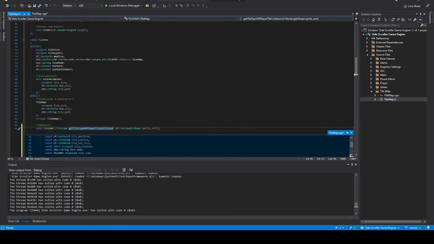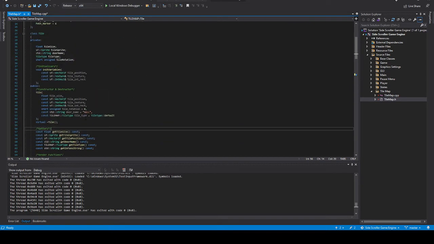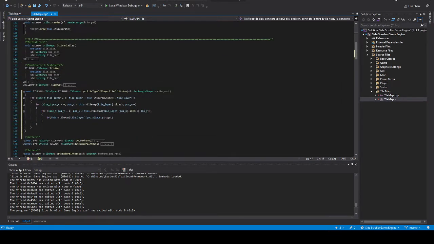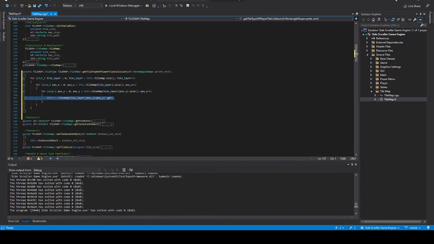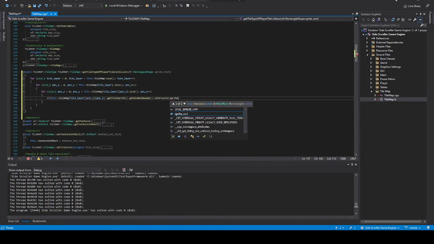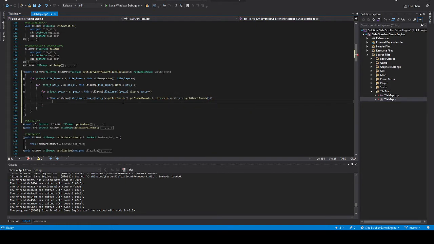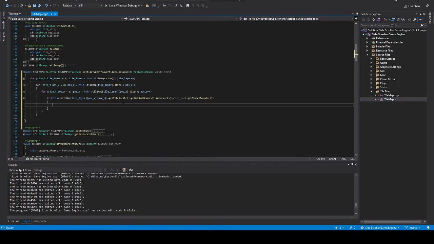Tile size. All right, so we have to go up to tile here. Oh, we got the tile sprite. We got the tile sprite. Oops, nope, don't do that. Get tile sprite dot get global bounds dot intersects this sprite rect dot get global bounds. Okay. All right. So if this tile is intersecting to get global bounds,